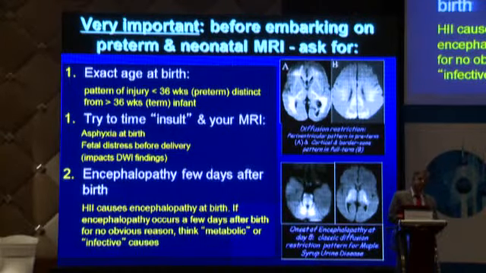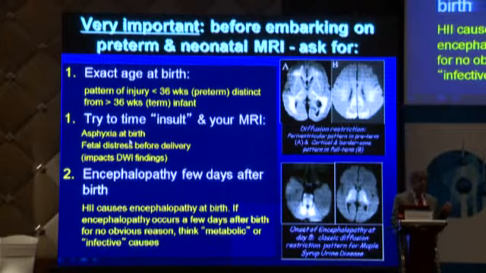Now before you even start thinking about doing an MRI of the brain, and yesterday Tony was telling us how important it is to clinically correlate, and I'll stress that again in the next 2 to 3 slides. When I look at an MR of the neonatal brain, I'm blind unless I know a detailed clinical story. I need to know the exact age at birth when you suspect an injury, because look at this. This is a preterm injury which is more periventricular white matter, whereas if you have a term injury, then it more involves the peripheral cortex, the occipital gray matter, or the deep gray matter nuclei. So the pattern of injury is totally different.